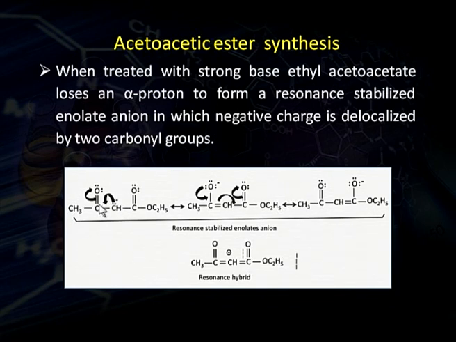Now, this is stabilized through this resonating structure. Again, the electron can shift back here, and it shows another resonating structure. So it is stabilized by these contributing structures, or we can say that the acetoacetic ester enolate is equivalent to the next structure, in which there is a 1.5 bond between oxygen and carbon, and the negative charge is dispersed over all the atoms. This is known as the resonance hybrid, which is formed after the release of a proton from